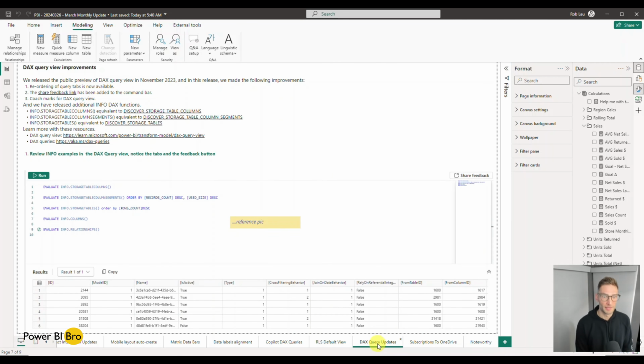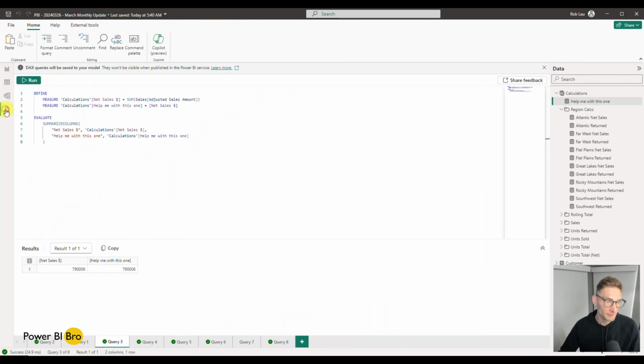Okay, some more DAX query updates. We're going to go back to that screen. And the key things we're going to call out are the share feedback, the query tabs, as well as coach marks, but then also these cool functions that give information about your data model. So if we go to the DAX view on the left-hand side, you'll see now